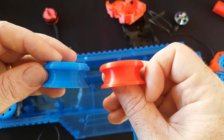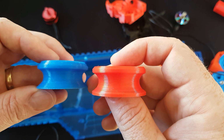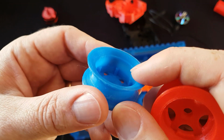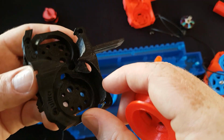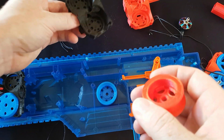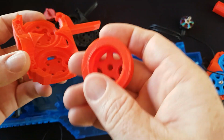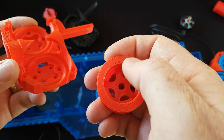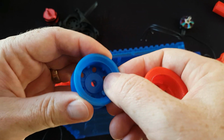I have also increased the size of the bottom, which you can see. This was just a rough print, which will help with the strength of the bottom. And we've also managed to get away with removing this angle. That angle there again had to go over this angle here, which retained the bottom of the motor. But since now the motor sits so much lower, the retention of the motor is held down there, and there's nothing up here. So we've been able to move that down a lot more, increase the thickness of the bottom, and the bottom now goes all the way in, which I think will help a lot with deflection and heat. Well, being able to handle heat anyway,